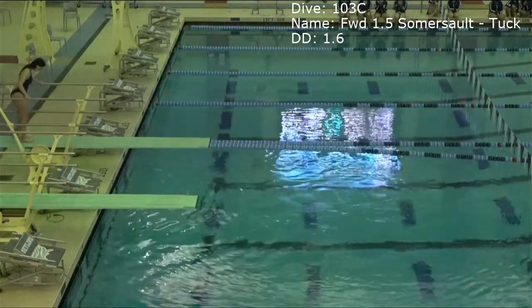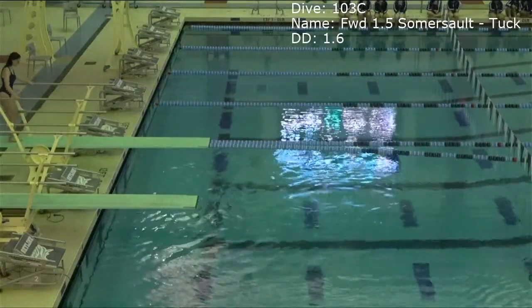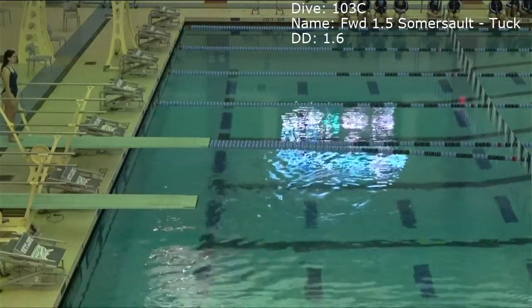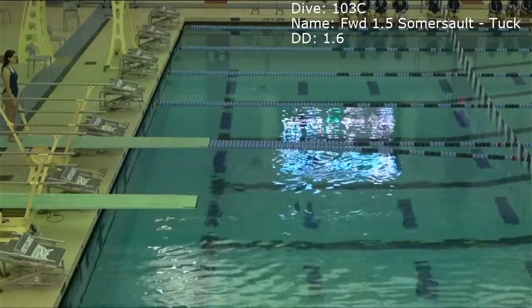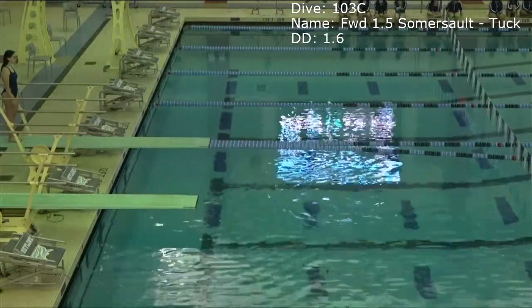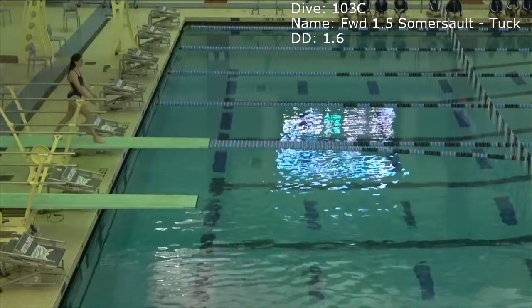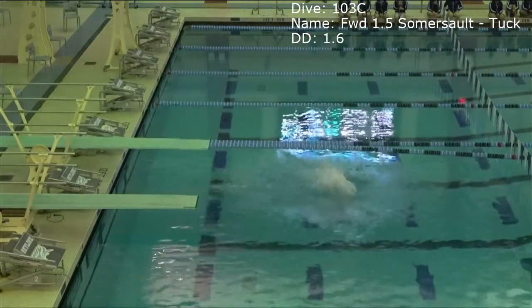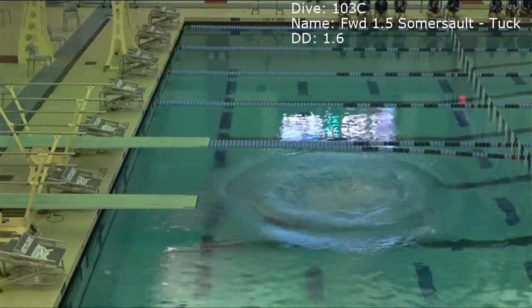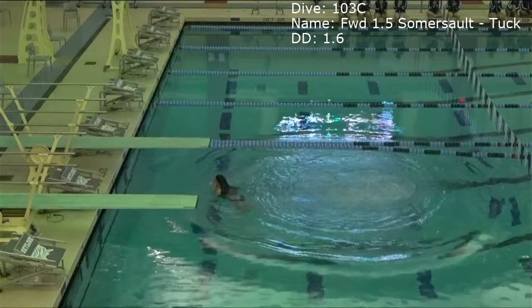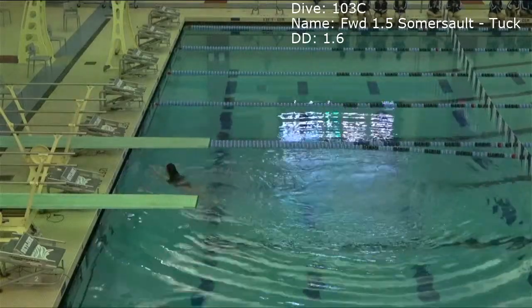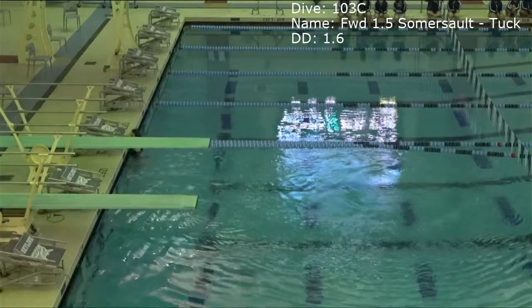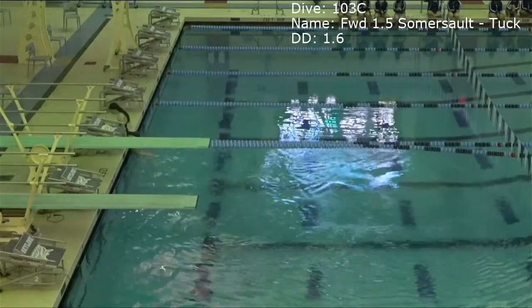Maddie from Skyline, a 103C, forward 1.5 somersault in the tuck, degree of difficulty 1.6. Scores for Maddie, 3.5, 4.0, 4.0 for a total of 18.4.